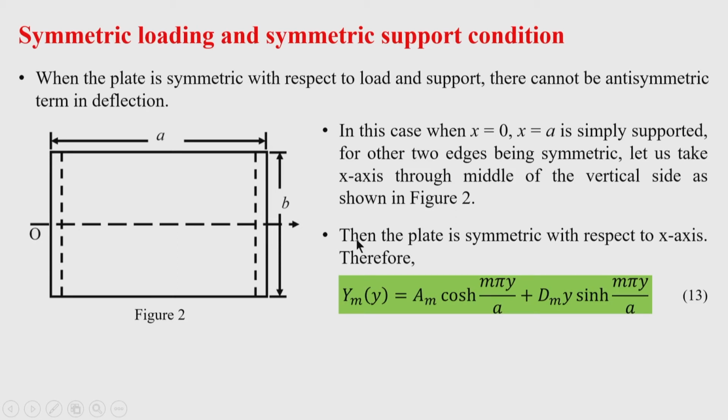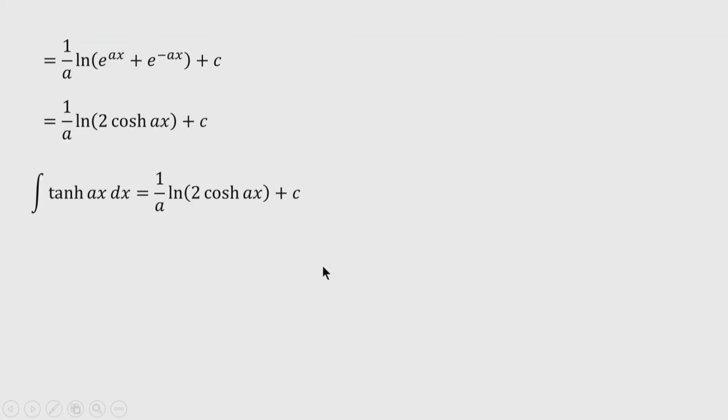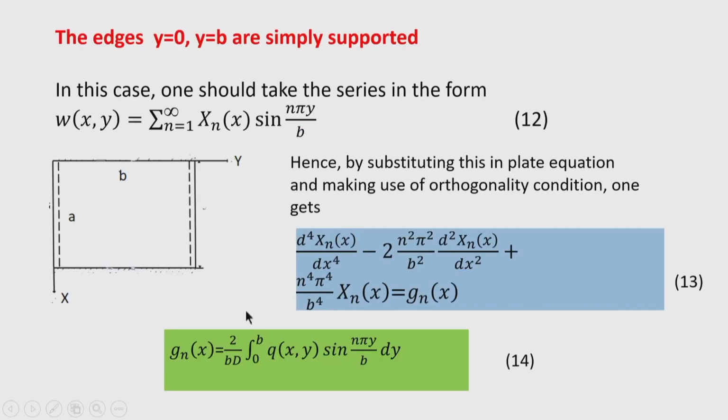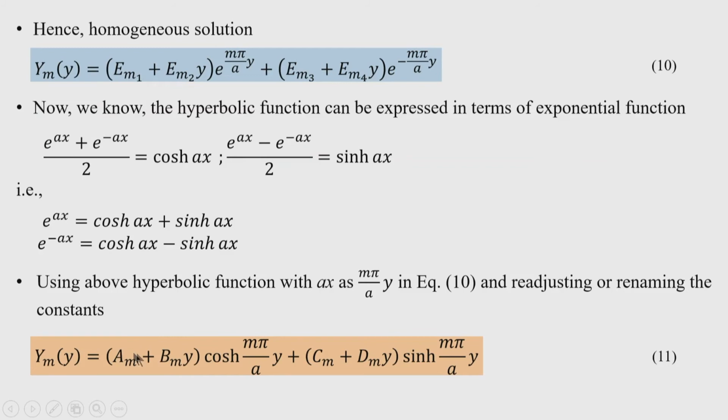Then the plate is symmetric, and we have seen the solution of this w x y homogeneous solution. Here you can see that when this cos hyperbolic m pi y by a